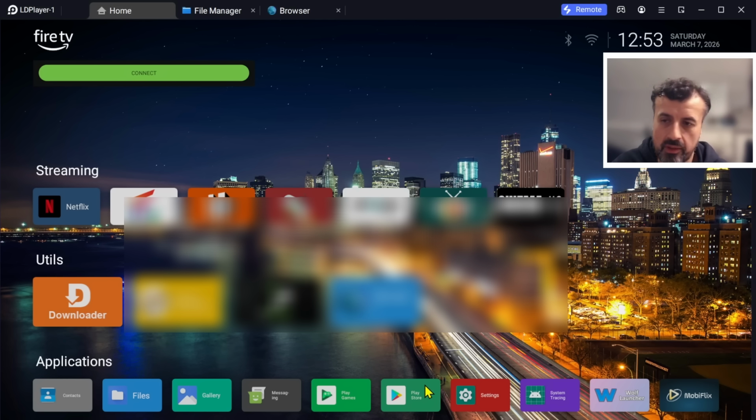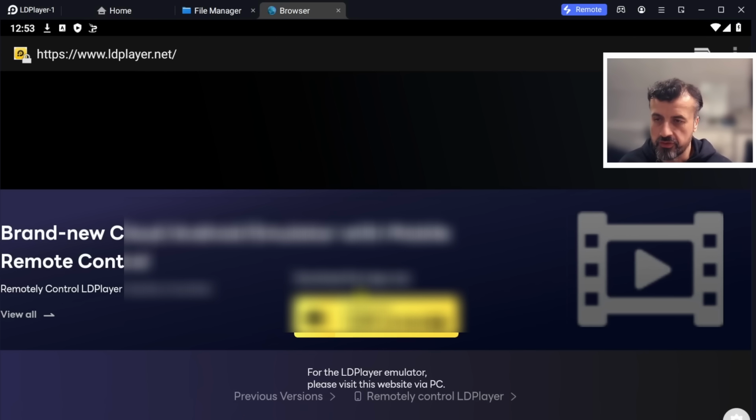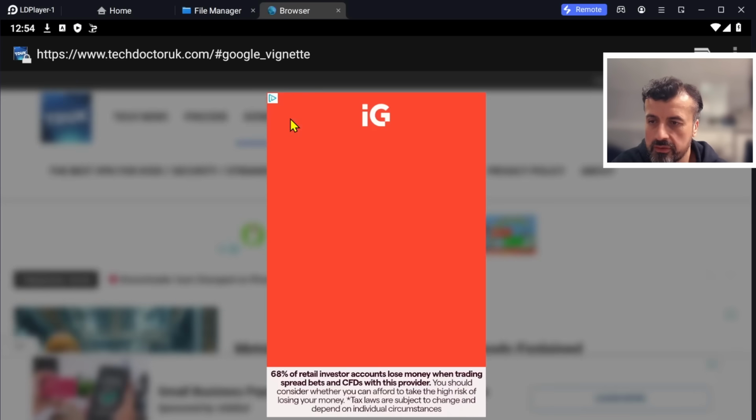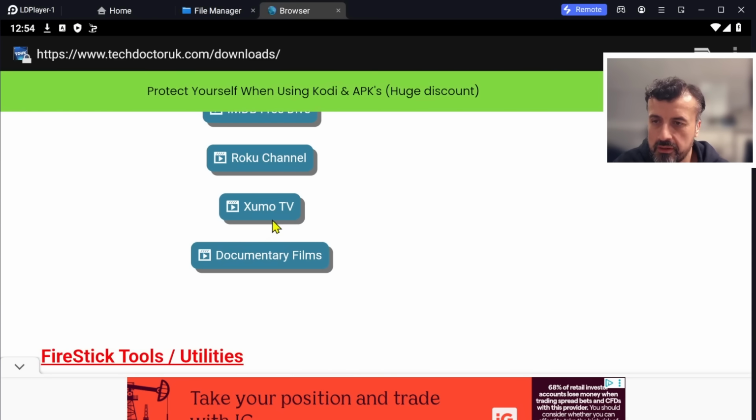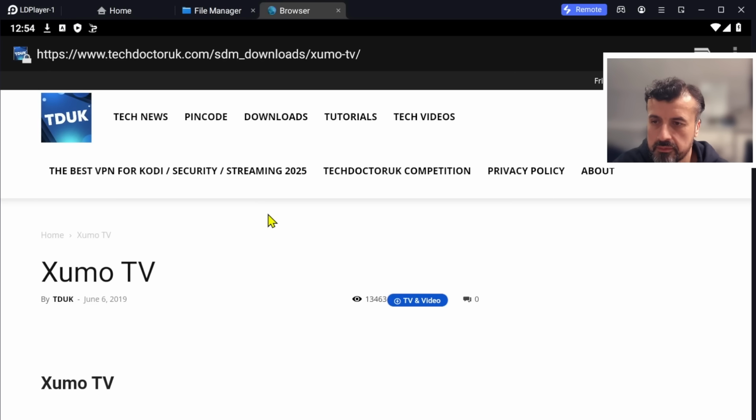You do get access to the Play Store, so you can sign in, download all of your favorite Play Store applications, and to sideload third-party applications, it's as simple as just opening up a browser. Let's say I go to my website, I can go over to downloads. Let's say I want to install Zumo TV. I can click on that, scroll down,